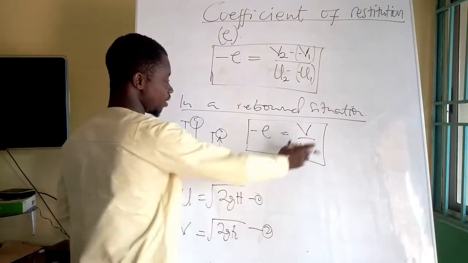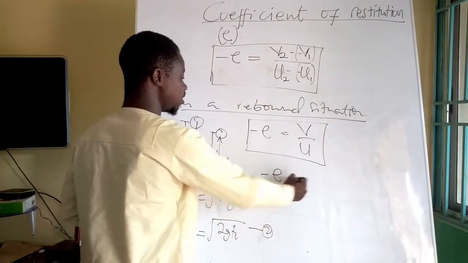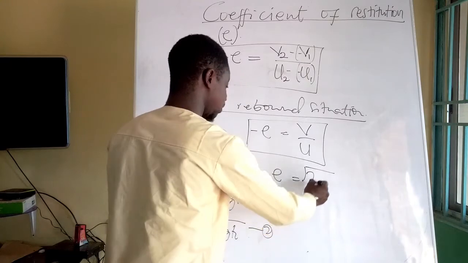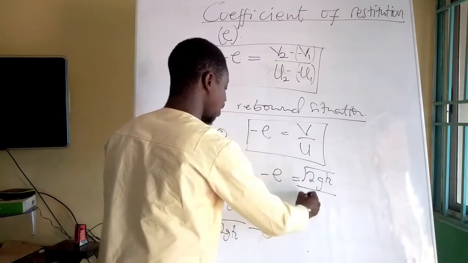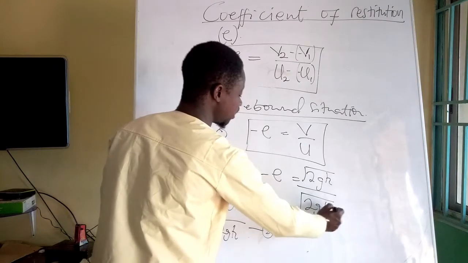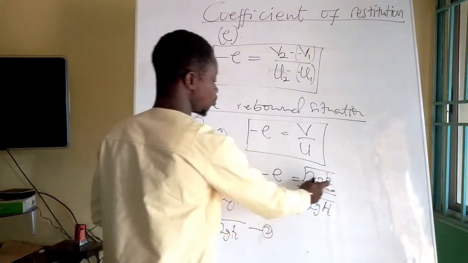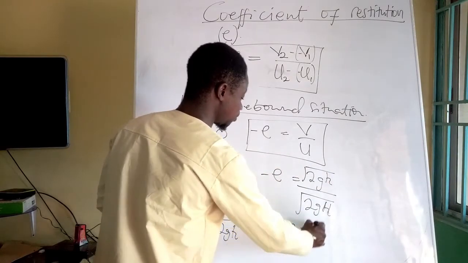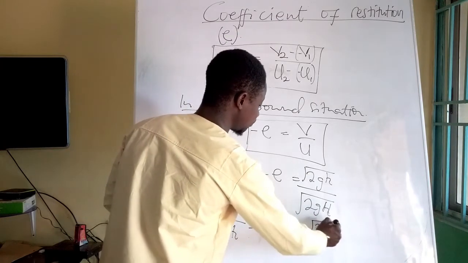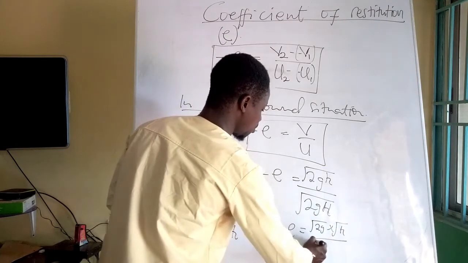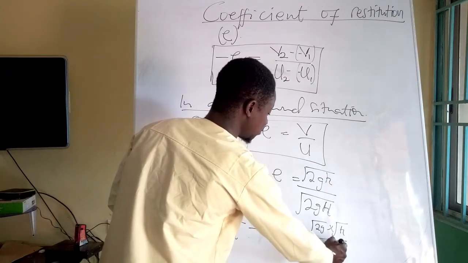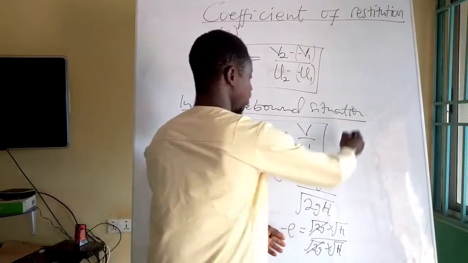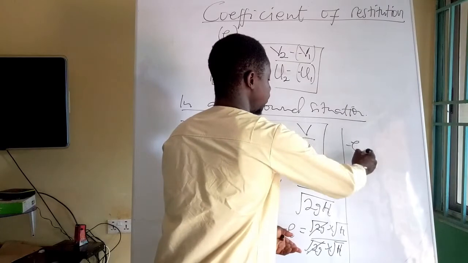So when we put these two values into this, that is going to give us negative E is equal to v, square root of 2gh all over square root of 2gH, capital H. So the 2g can cancel out because we can rewrite this formula as negative E is equal to square root of 2g times square root of h all over square root of 2g times square root of capital H. So when this one cancels this, finally we get the coefficient of restitution, negative E is equal to